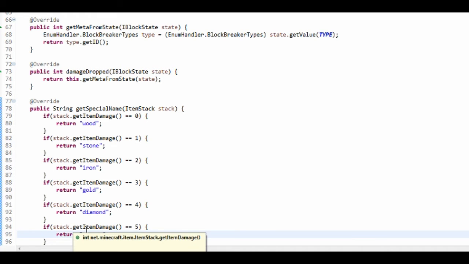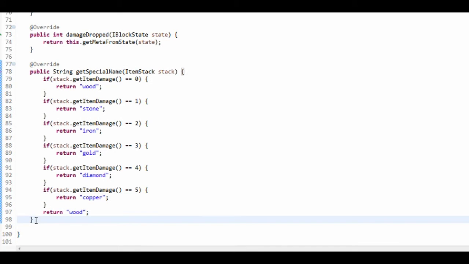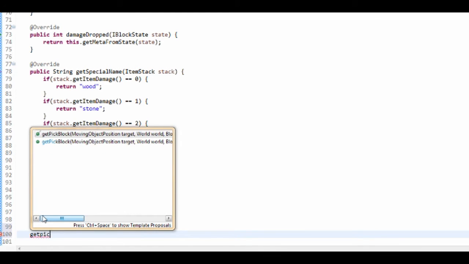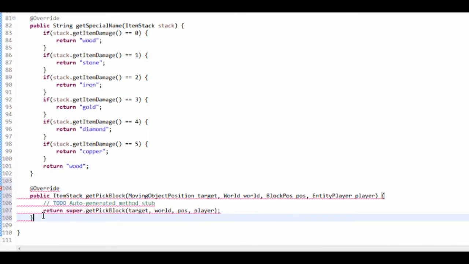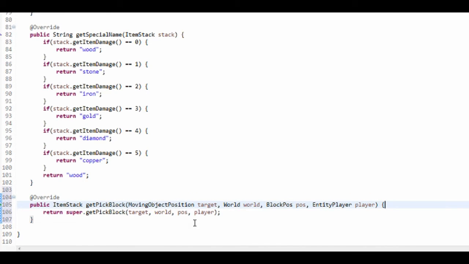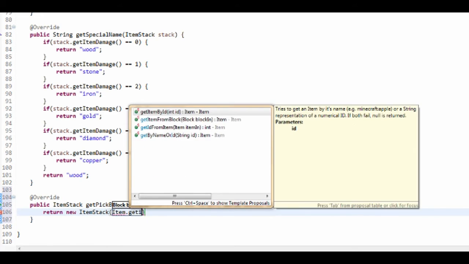And there we go. So we're also going to have to add a get pick block. So get pick block, and we're going to get the one that isn't deprecated. The way I could tell, it has a cross through it, and all it's going to do is return a new item stack,